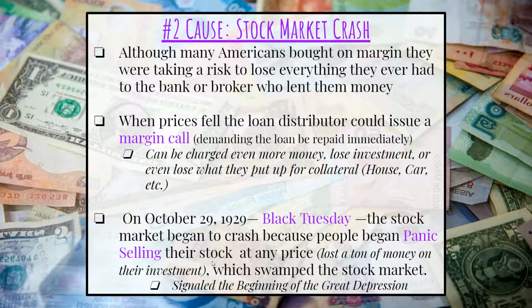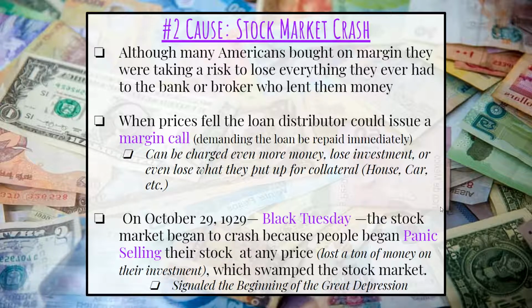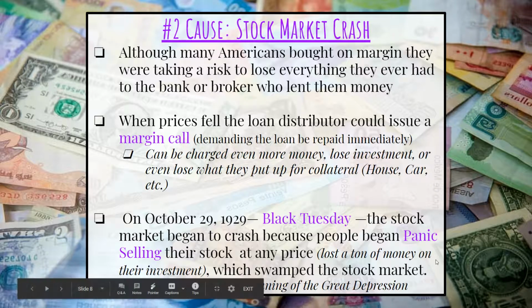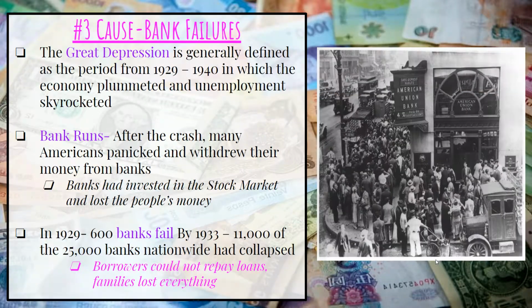People were so afraid that they were going to lose all the money they invested, they began pulling their stocks out, which is going to lead to the stock market crash because people lost a ton of money. It swamped the stock market and is literally the beginning of the Great Depression. So the top 2 causes are overproduction and the stock market crash, which ultimately becomes Black Tuesday, which is October 29th, 1929. Because stocks were failing,